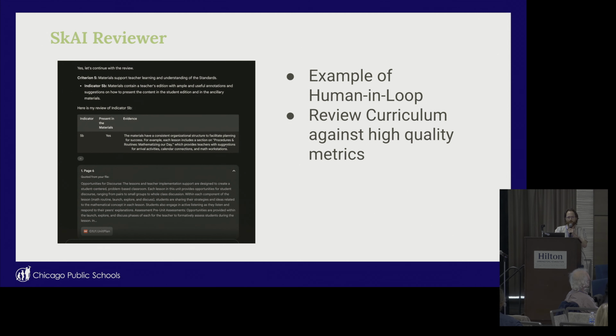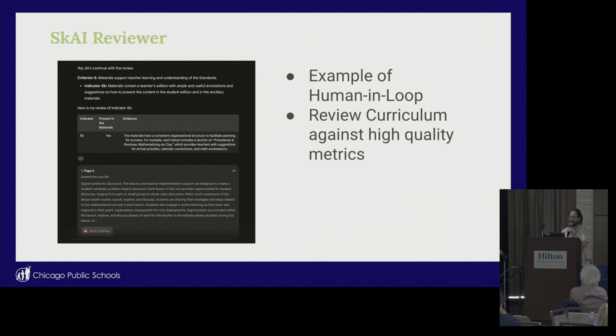So we've been exploring how we can keep the designer, the human, engaged in the loop as they evaluate whether materials they're creating are valuable. Because we've been building curriculum for a minute, we have some really solid rubrics that tell us what we think good curriculum is.